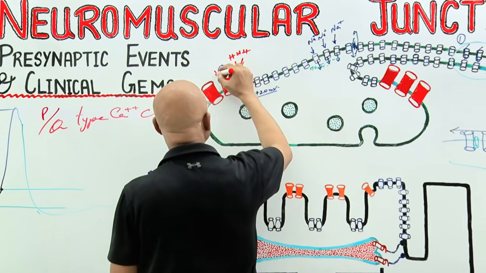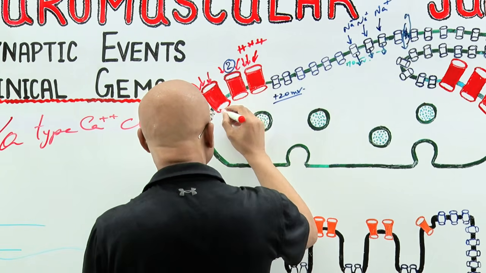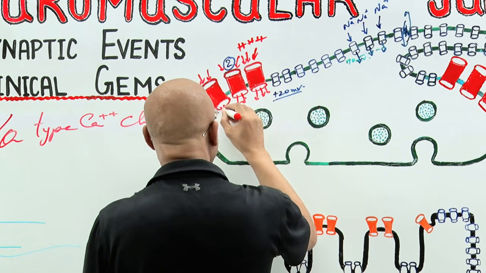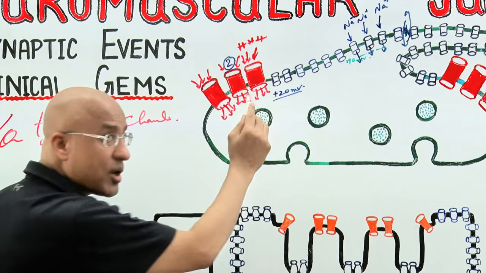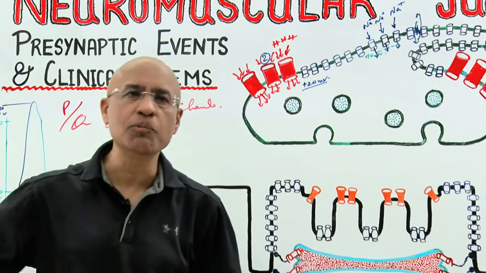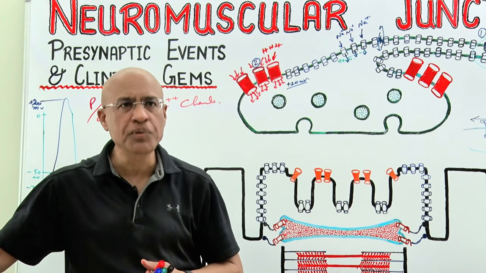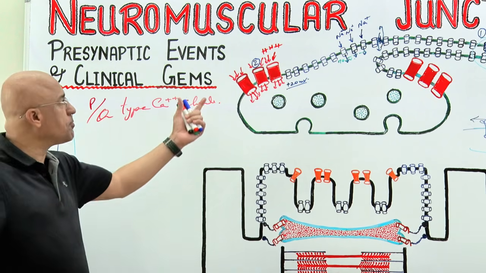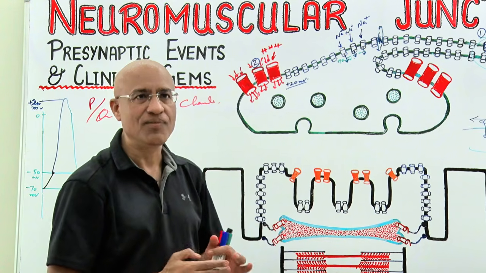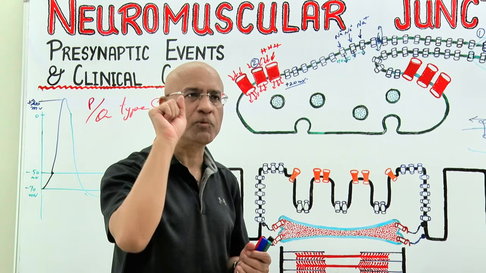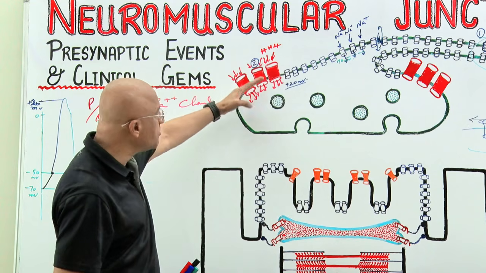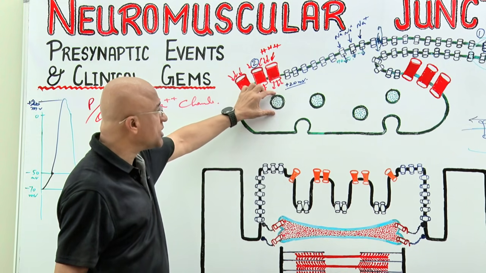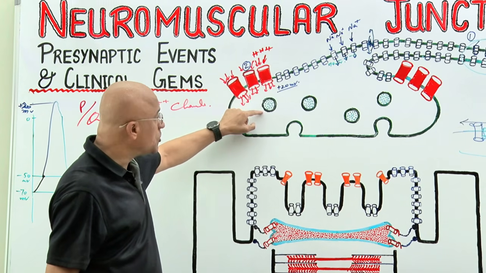In this way, on arrival of the action potential, or depolarization, in the terminal button, the voltage sensitive PQ calcium channels will open up and give a puff of calcium inside. A small amount of calcium will go in. Now this calcium which comes in, right, is going to move the neurotransmitter from these vesicles to the